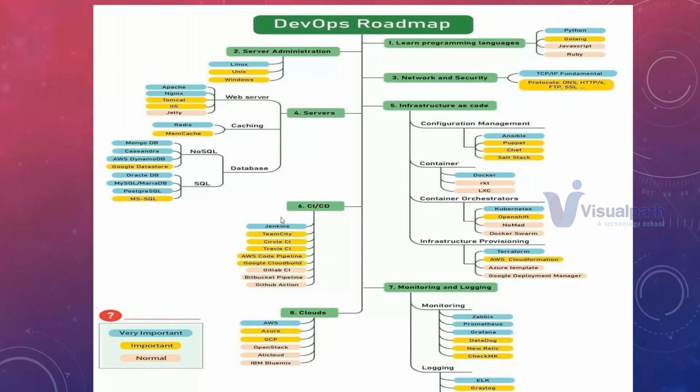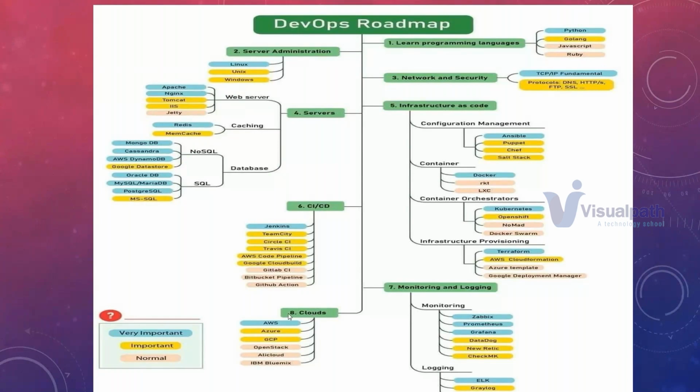And then coming back to CI/CD, I'll be covering Jenkins and GitHub Actions, both of them. I'll be covering Jenkins and I'll be covering GitHub Actions as well. So according to your requirement, whichever tool you have learned more, that particular tool you can add in your resume. After completing CI/CD, then we will be teaching about cloud.